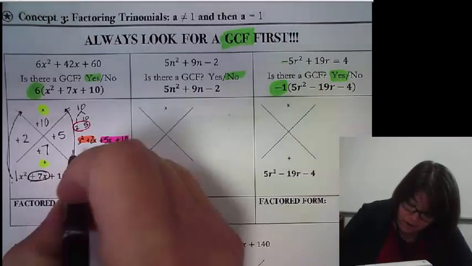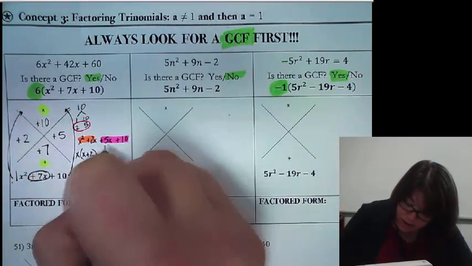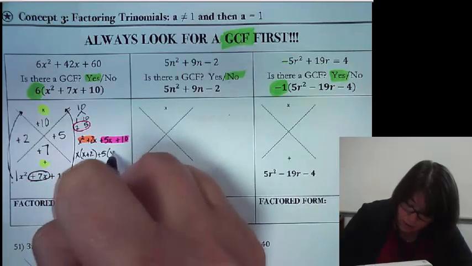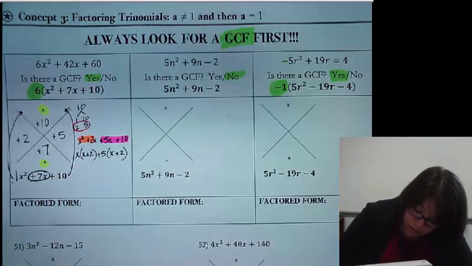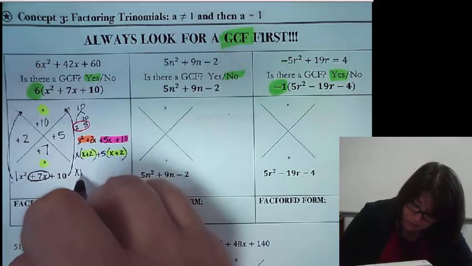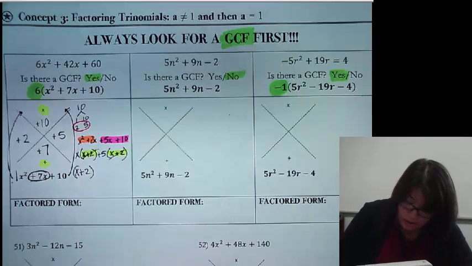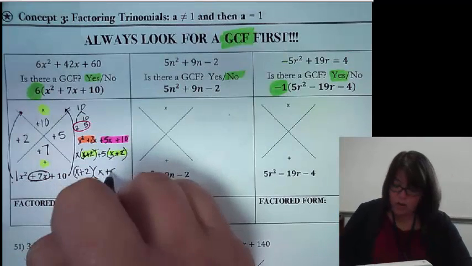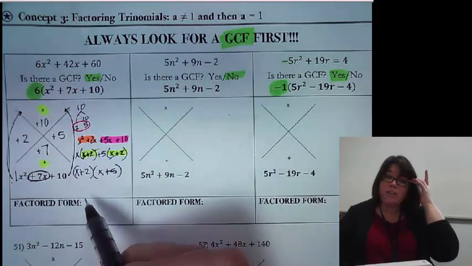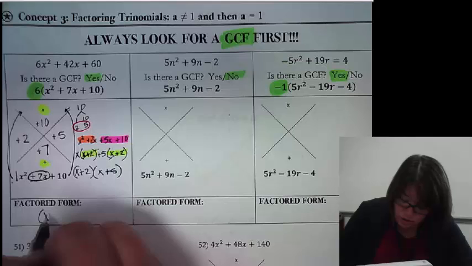So here I can factor out an x, and I'm left with x plus 2. Here I can factor out a 5, and I'm left with x plus 2. Notice that my twins are here, which is awesome because that means I can factor them out. Goodbye. Goodbye. And what's left over? x plus 5. So now the factored form of this equation is going to have x plus 2 times x